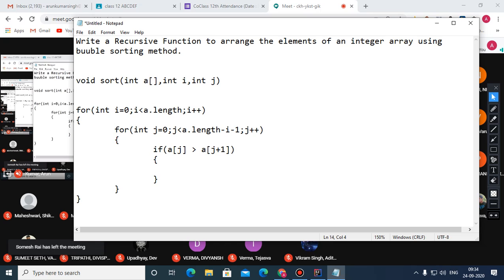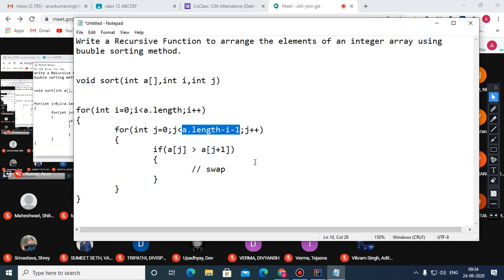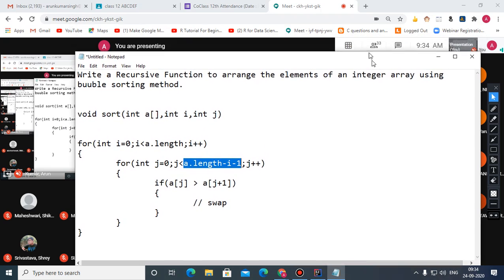And if they are not in order, then swap these elements. The code will be like this. Remember this a dot length minus i minus 1. This is very important. So children, please write the code. Any problem, then tell.